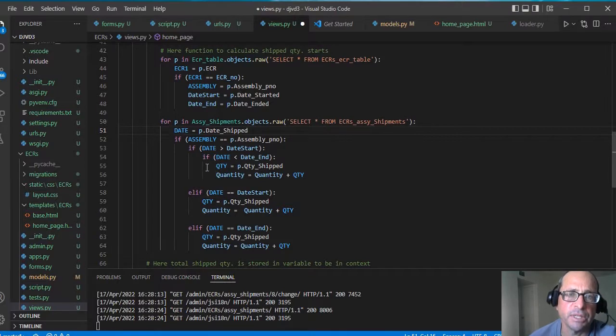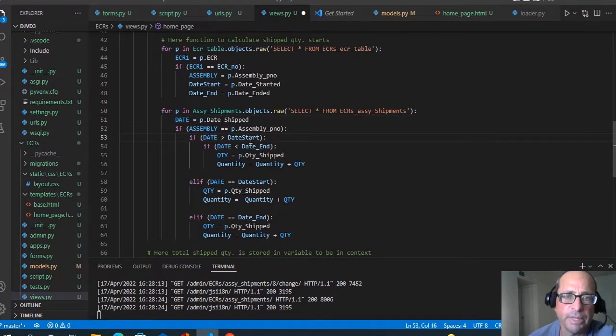It fetches the assembly that corresponds to that assembly part number, and it checks whether the assembly has a date that is inside of the date start and the date end. So date is p dot date shipped. It stores the date,